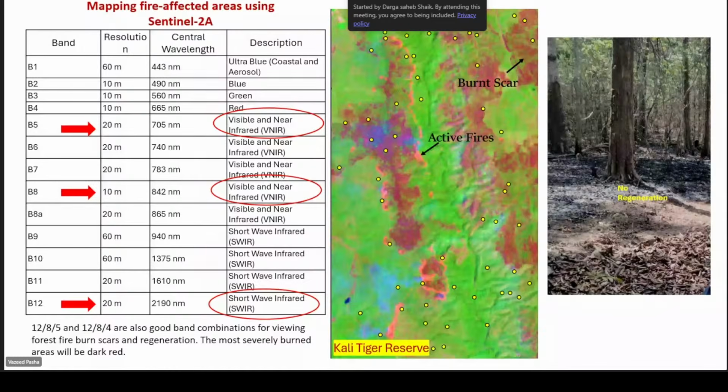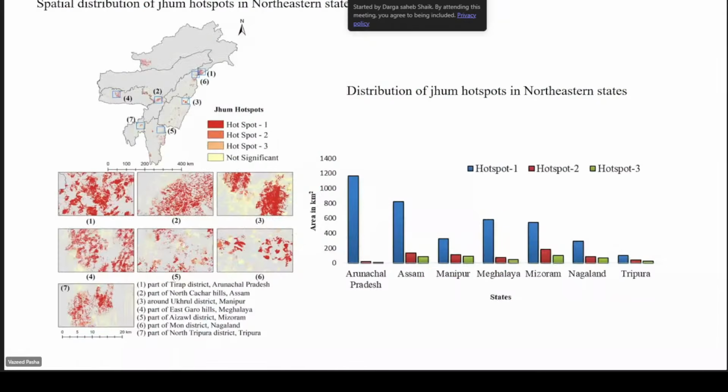Most of the regeneration is impacted. So what will happen once these ground fires or surface fires have happened? It will create some invasion, which I am going to tell in the next slide.